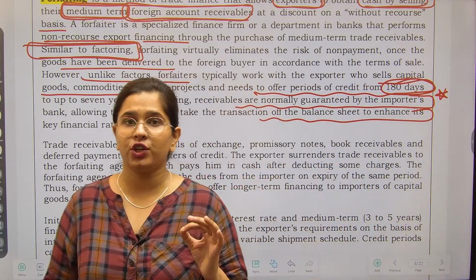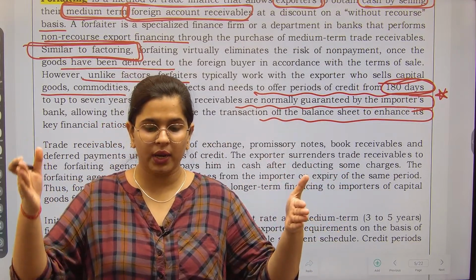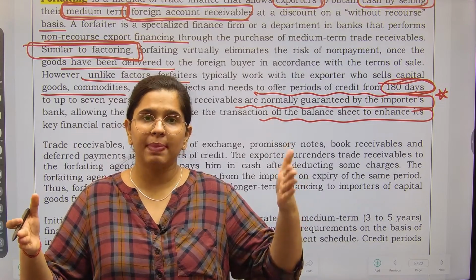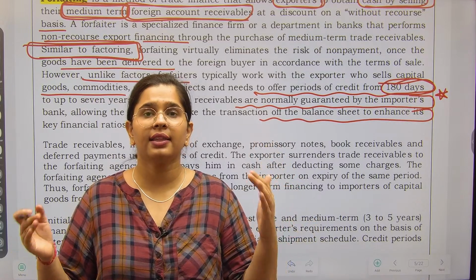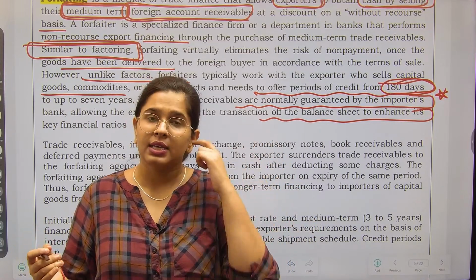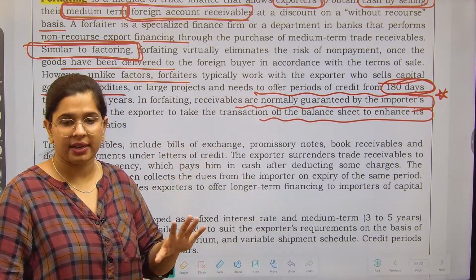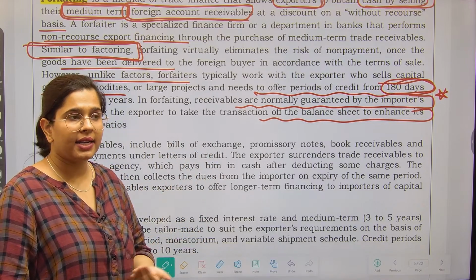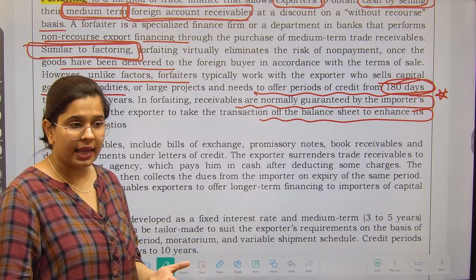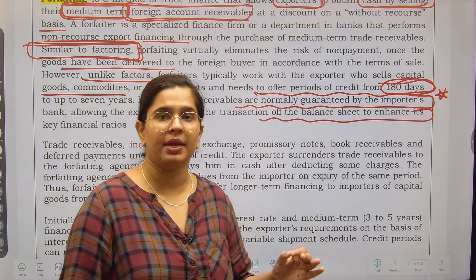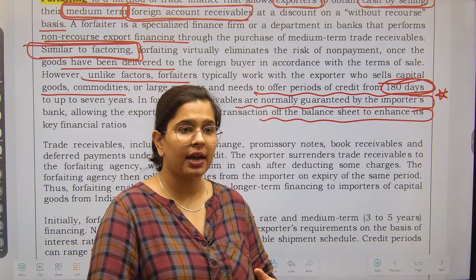So in such a situation, the importer's bank, there are always one importer bank and one exporter bank, right? The importer's bank guarantees the payment. ठीक है, पेमेंट को गारंटी करते हैं कि we will be making you the payment. See, nobody waits for such long duration without guarantee. ठीक है, how are the guarantees provided? For example, letters of credit are issued that in case this person fails to make the payment, we are going to make the payment. So this is how export transactions are carried out.